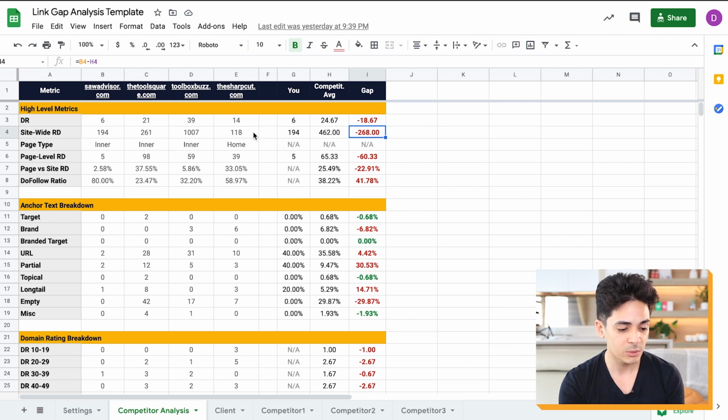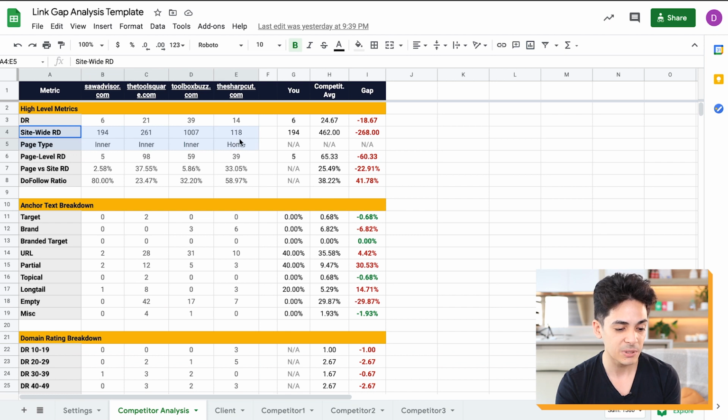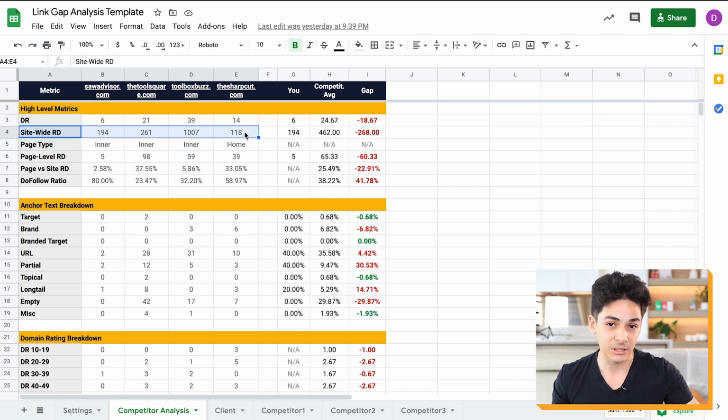No, because this one here is a massive outlier, and the other two are 261 and 118, so we're probably right around the level we want to compete at anyway. But this is just a data-centric approach of analyzing the competitors and figuring out what approach to take. This is site-wide, so this is overall just to compete with them for every single keyword across all the different pages. But also, for the specific page, we have, of course, the page level referring domains,